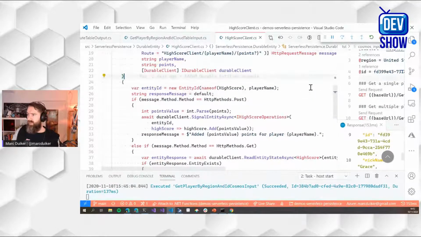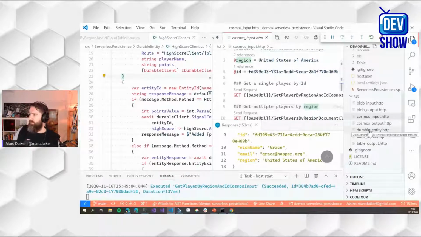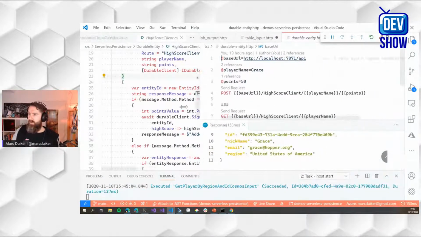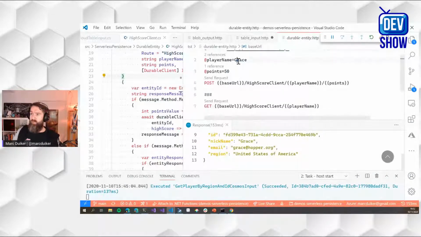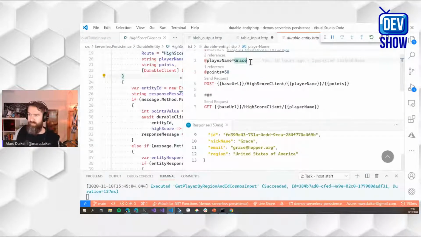All right, so let's see how this works. The application is still running, so I can invoke it by durable entity one. So I either do a post. I already have a player name. The player name is Grace, and I have a variable for the points here. So when I call this, I will increase the high score for Grace with 50 points. But before we do that, we might want to check, okay, is the player already there, and do they have points? So let's first do the get,